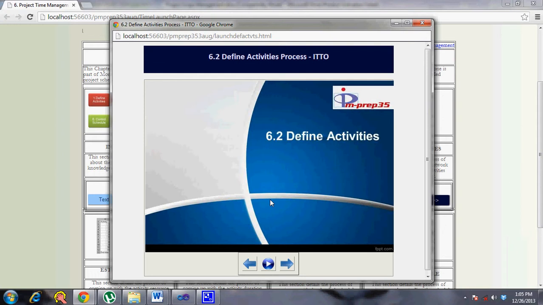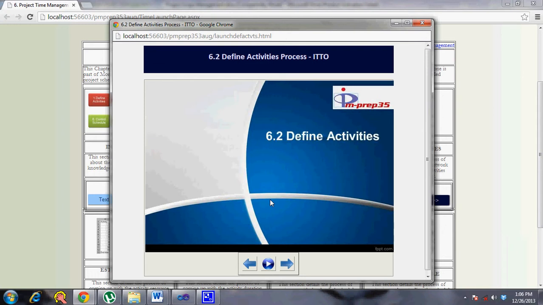Organizational process assets deals with picking up any templates that you might have used successfully in previous projects, while enterprise environmental factors provides you the external factors that might affect the project, and you might want to factor that in as part of defining your activity list. It might be anything related to compliance, laws and all that, so you might want to factor that in while you come up with the activity list.